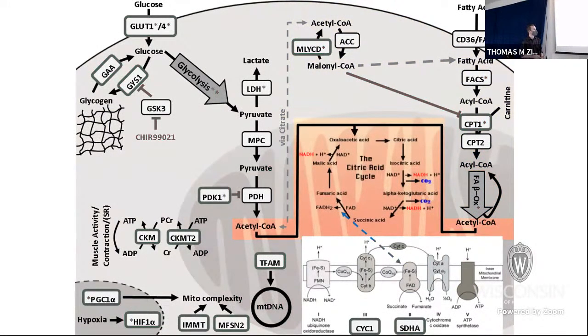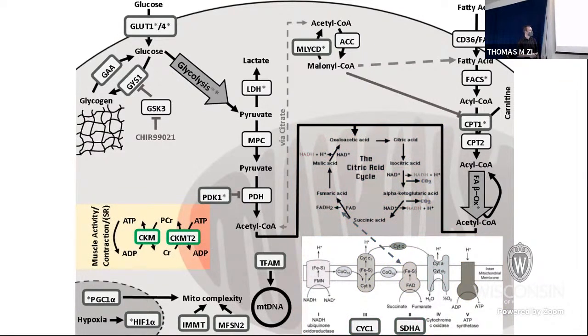We looked at a few different proteins in the citric acid cycle, or the Krebs cycle, as well. We expect this to be upregulated in cardiomyocytes versus stem cells, since they are a more energy demanding cell type. Similarly, we looked at a couple of different proteins in the electron transport chain. Again, these are highly energy demanding cells. We'd like to see if they are upregulating pathways that we would expect to be upregulated in the cardiomyocytes.